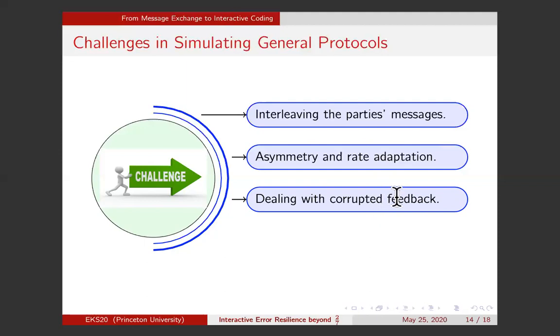This attack is actually more harmful than all the regular attacks, because of the following reasoning. When the adversary corrupts a feedback bit from Bob to Alice, it harms Alice in two ways. A, it harms the current message, which was obviously corrupted, but B, it will cause Alice to react to a corrupted feedback, which will harm a message later in the protocol.